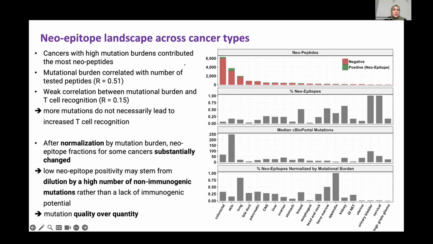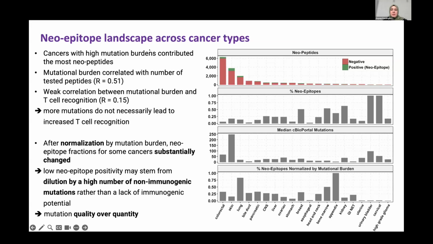So next we looked at the neoepitope landscape across the different cancer types, and we investigated the fraction of validated neoepitopes versus the negative neopeptides. So here we have the different cancer types, and I'm going to walk you through the different panels. Here we just look at the number of peptides. So these are absolute numbers, and